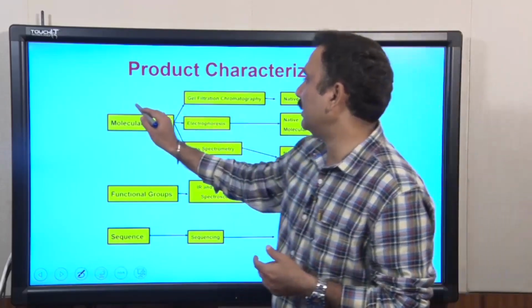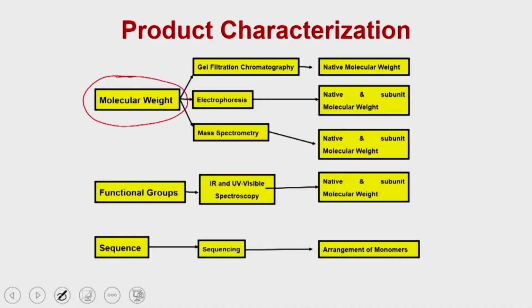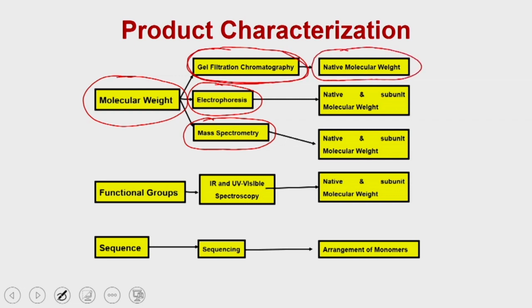So, for the molecular weight you have three options: you can use gel filtration, or electrophoresis, or mass spectrometry. All these three techniques that we are going to discuss in this course are going to give you different types of molecular weight. For example, in the case of gel filtration you are going to get the native molecular weight, whereas in the case of electrophoresis you are going to get the native as well as the subunit